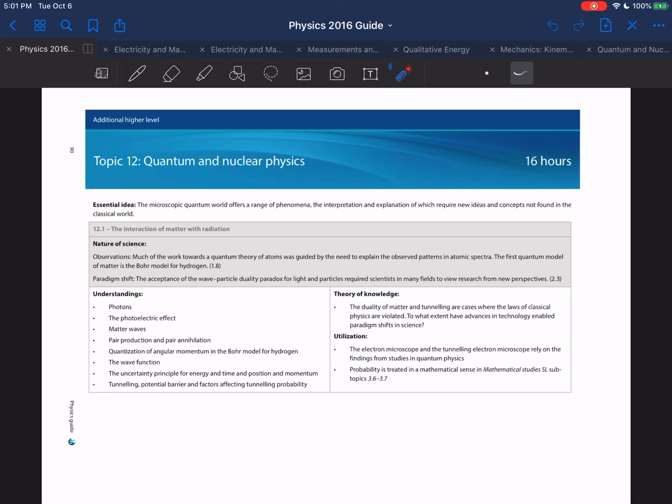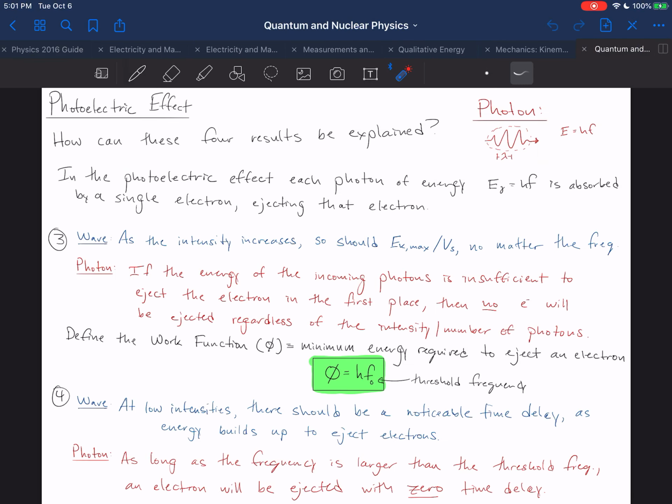Hello everyone! In this video we will continue to examine topic 12, quantum and nuclear physics. Topic 12.1, the interaction of matter with radiation and in particular the photoelectric effect. Alright, so finally we are prepared using what we know about the photon model to explain the 4 experimental results